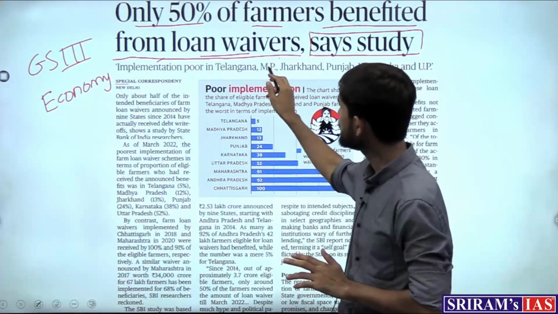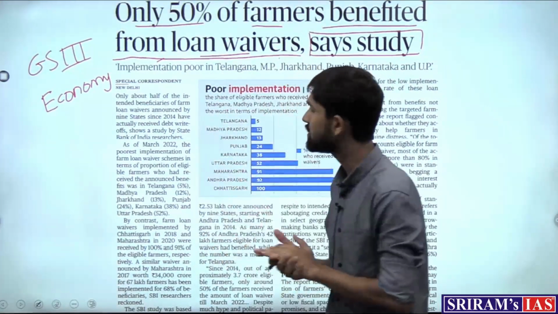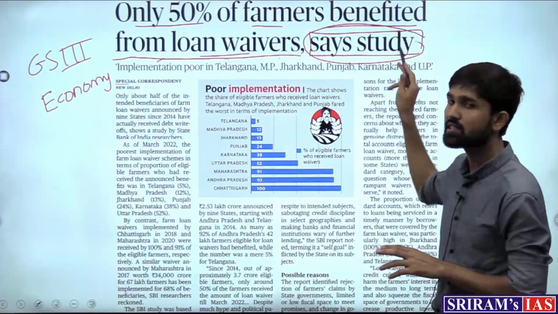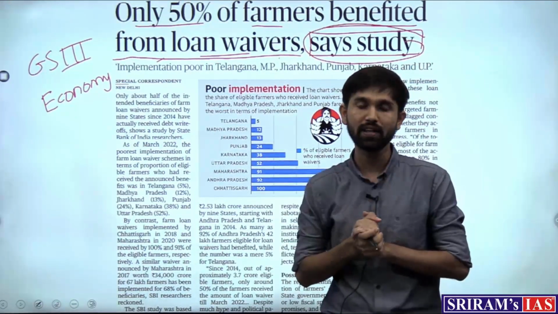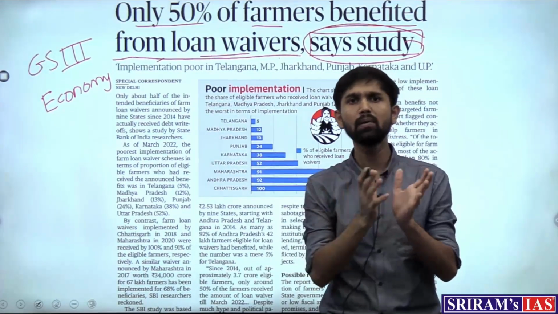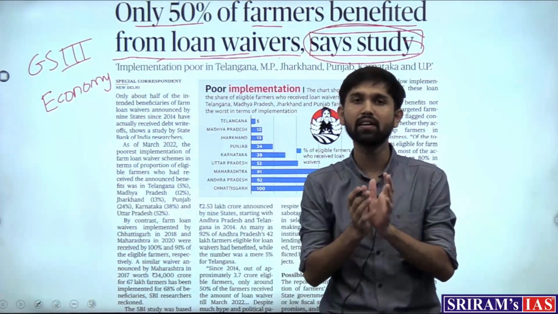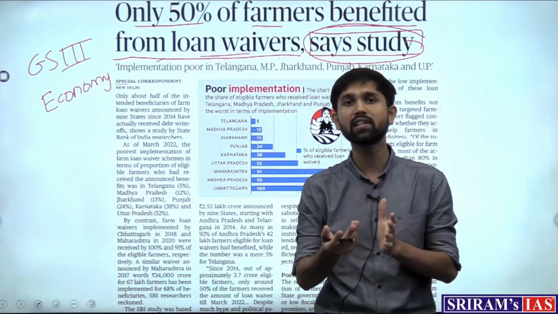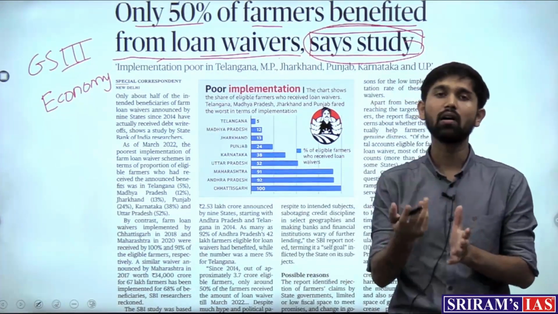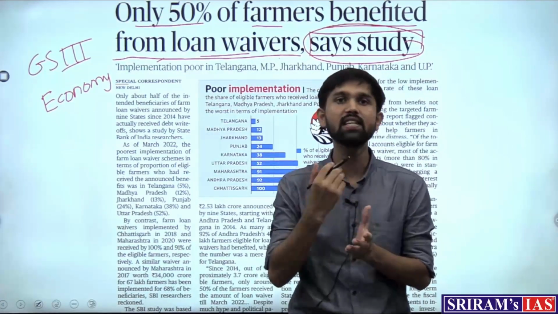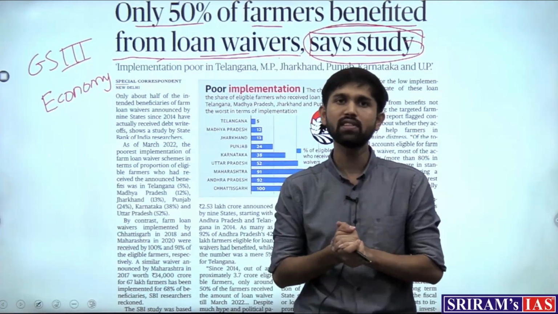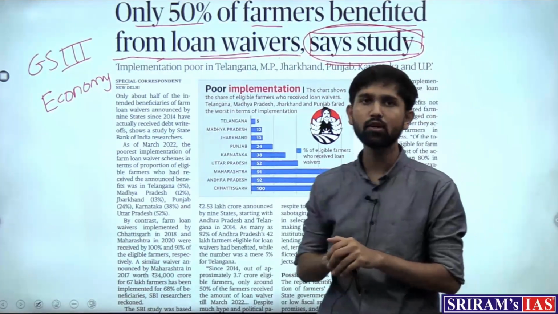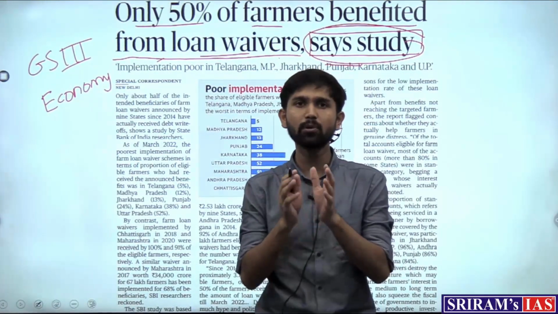So the concept of farm loan waivers become relevant there, and it becomes important for us. So now, before looking into what the research report is saying, this is a research report prepared by the State Bank of India, which has analyzed the multiple farm loan waivers that have been granted around 9 states for the past 8 to 10 years, and how have they fared, how have the states and the farmers in those states received the benefit of these farm loan waivers, is what the study is analyzing. So before we get into that, let's first understand the concept of farm loan waiver.